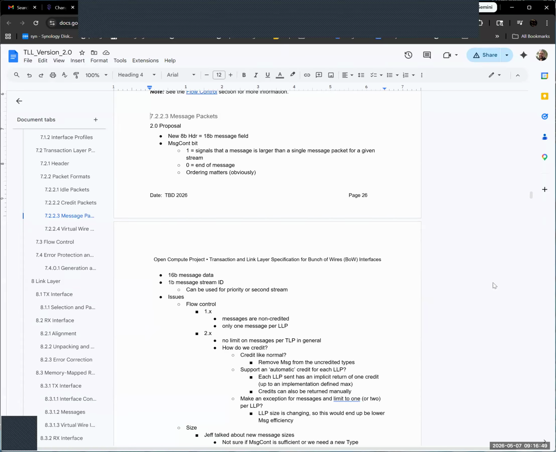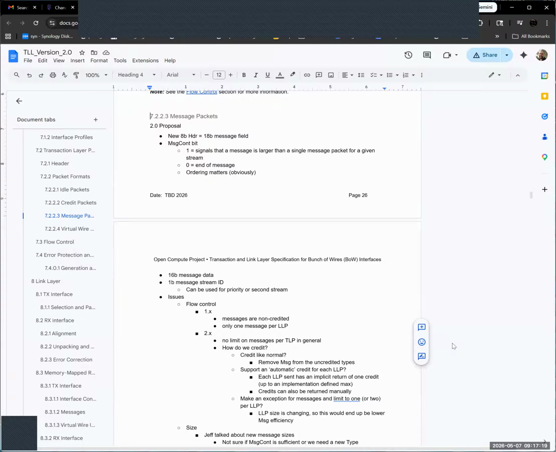Again, I talked to Jeff about the link layer LLP size. I think he's pushing for a 24 granule LLP now, though like I said, I'm not sold on that still because it's 16 now. 32 kind of makes sense, but he wanted 24 because he thought it was a middle ground.